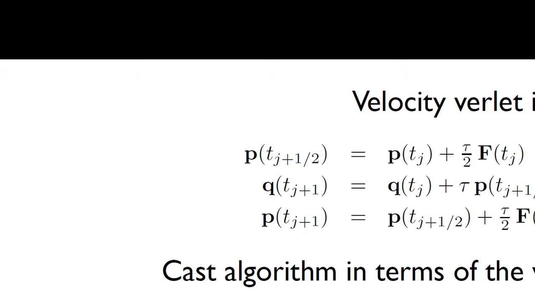As for the formalism here, we won't go through it in a lot of detail. We use a symplectic integrator. This is called velocity Verlet. It's very common in molecular dynamics simulations. It turns out it's also quite good at dealing with variations of position and momentum, which is what we do in this case. So we cast velocity Verlet for the variations in the position and the momentum of all the particles. We write the vector matrix form of that, and then we figure out how to assemble the Jacobian for each time step.